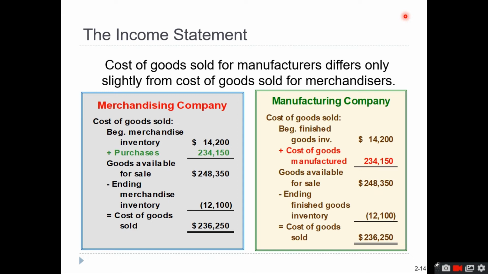On the other hand, a manufacturing company will still need to determine the cost of goods manufactured, which will be determined in our cost of production report. So please recall your topic already in cost accounting. And then it is reduced by the ending finished goods inventory,